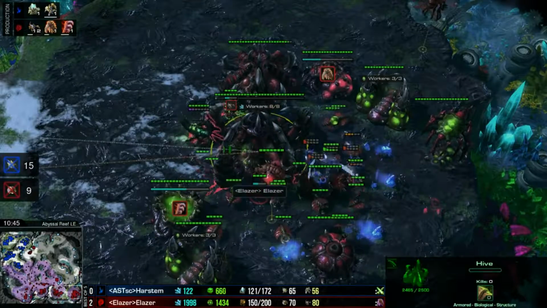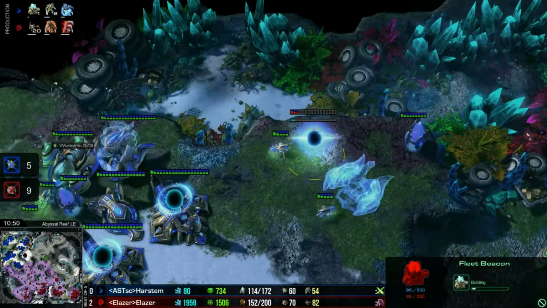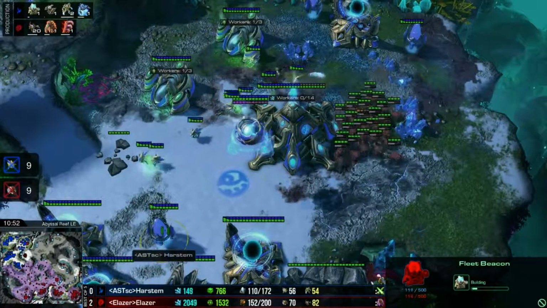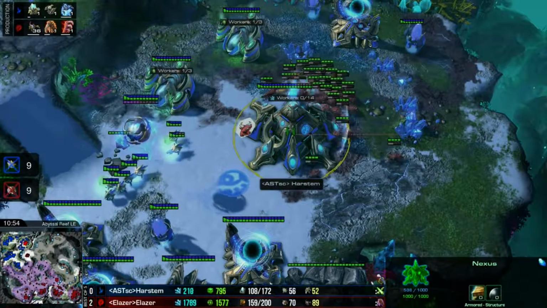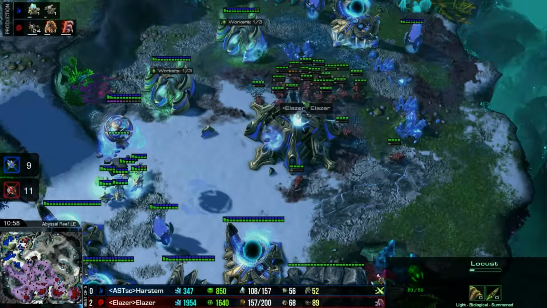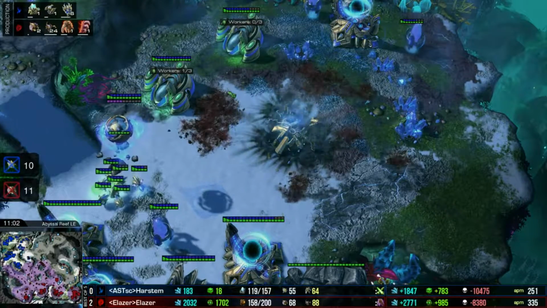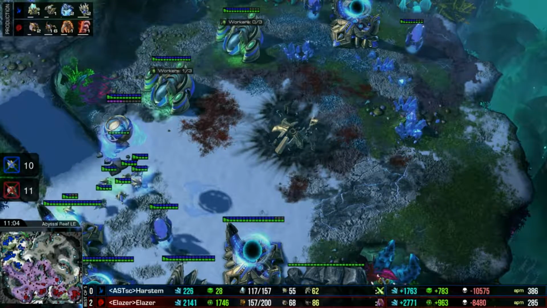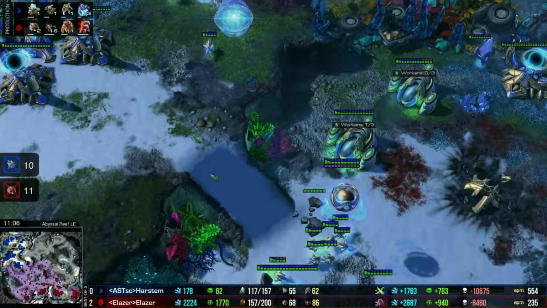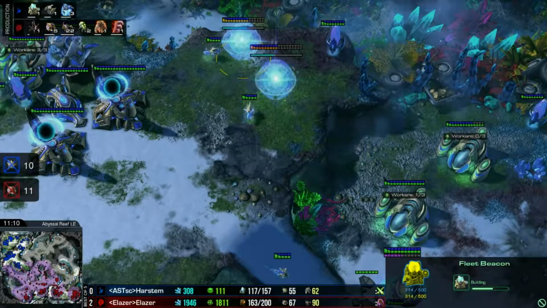The Spire's done, so Brood Lords could be on the table. We see a fleet beacon on the way for Harstem, so this is his choice. He's just going to try and tech up on these 4 bases there. But this Nexus may actually go down here to these Locusts, and it looks like it will here. A Mothership Core actually can hide buildings and workers from Locusts, so that'll actually be nice. And by Mothership Core, I mean Mothership. So once that fleet beacon's done, he'll eventually get that, but he's already lost a Nexus, so Harstem is just